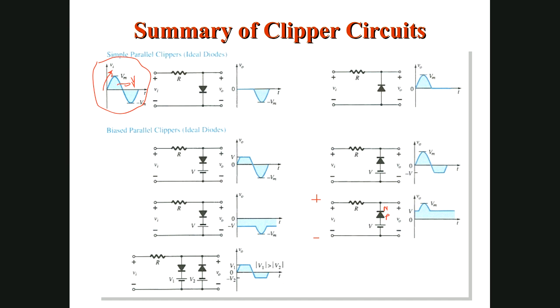Then that is short, so your output will be same as this battery. But once your input is more than the battery or more than V, your diode is now reverse bias. Reverse bias means open circuit, so your output is same as input signal. Okay,